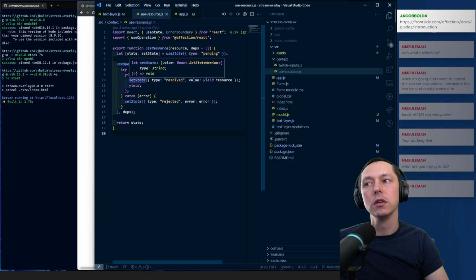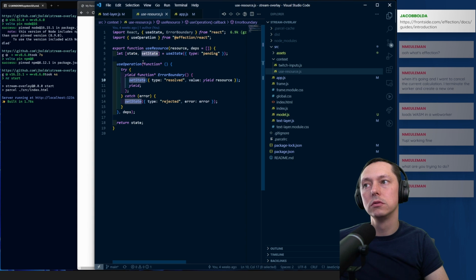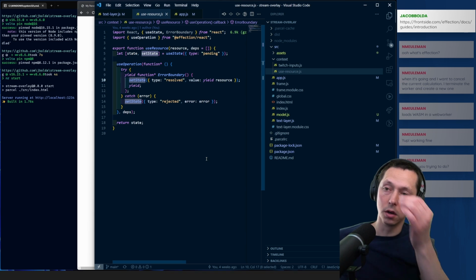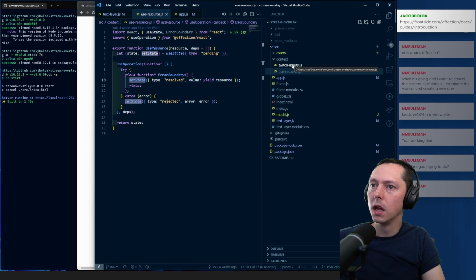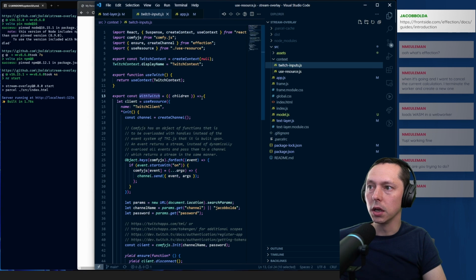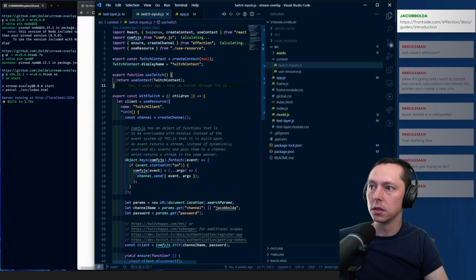I forgot we have the state change there. I wonder if that's having anything to do with that. I guess we're not really seeing state changes there. So we have this thing called a resource, and the idea behind that is that we can